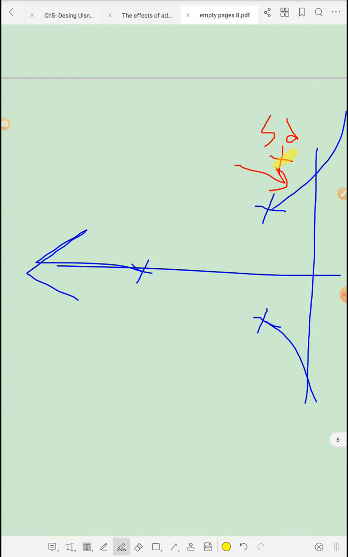or bend the root locus, the old and new root locus, such that the new root locus should pass through the desired location. This is what I mean by reshaping: bending the root locus after the addition of poles and zeros from the controller. This is what I mean by compensation. This new root locus, after the addition of poles and zeros, should pass through the desired location, and in this way a compensator or a controller is required,